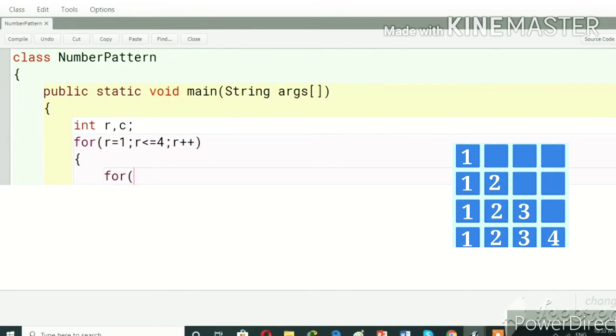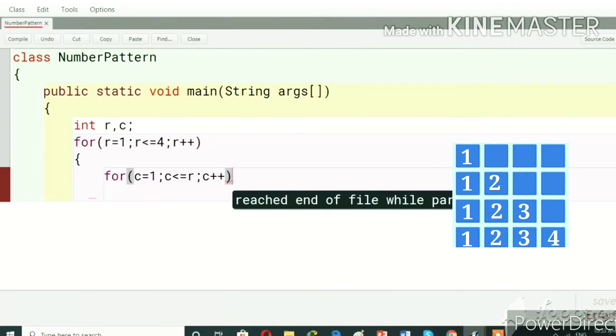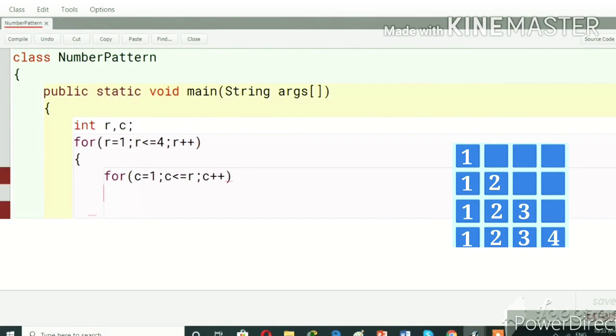Now for the column, it will start from 1, and the condition is that it will go up to the value r, c plus plus. This is the combination of row and column. When the row is 1, the column will start from 1 and go up to 1. When the row is 2, it will go from 1 to 2. This loop is for printing the numbers.